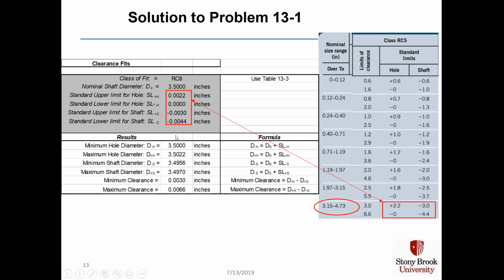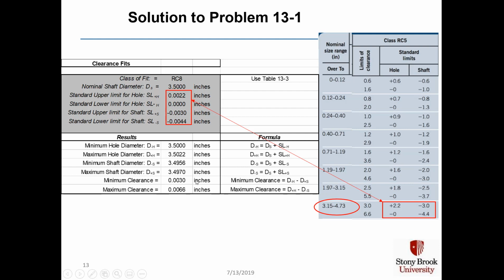For example, the minimum hole diameter is still going to be 3.5 inches because it's a 3.5 inch nominal hole, and it's plus something, negative zero, which is 0, so 3.5 plus 0 is 3.5. And the maximum hole diameter is 3.5022 because that's 3.5 plus 0.0022. The minimum shaft diameter is 3.4956 inches because that's 3.5 inches plus a negative 0.0044. And the maximum shaft is 3.497 because that's 3.5 plus a negative